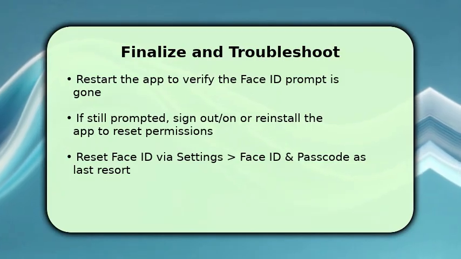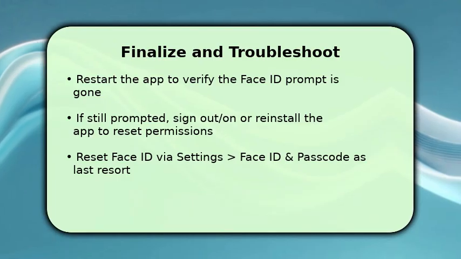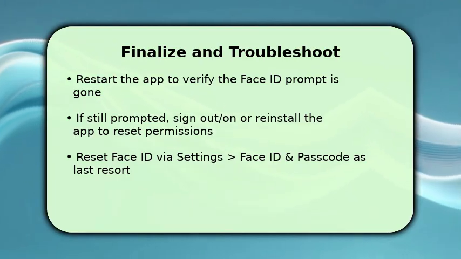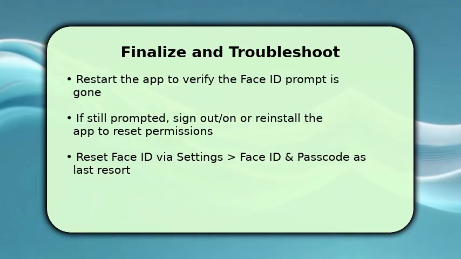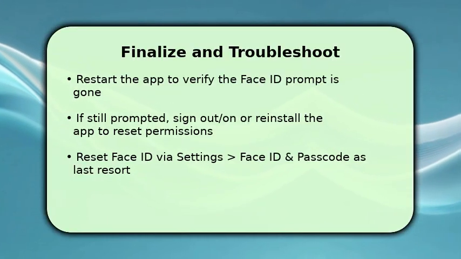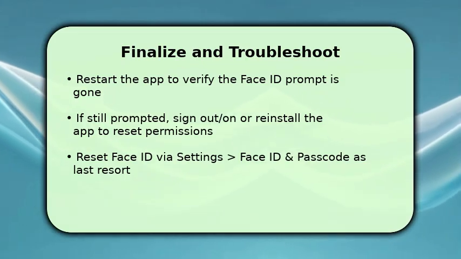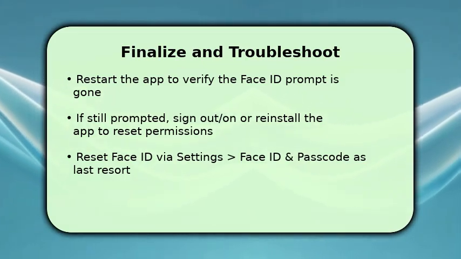If the prompt persists, sign out of the app account or uninstall and reinstall the app to clear cached permissions. Make sure to restart your phone if changes don't apply immediately. If nothing works, reset Face ID in Settings Face ID and Passcode and reconfigure it. Then repeat the toggle removal. This fixes stubborn permission